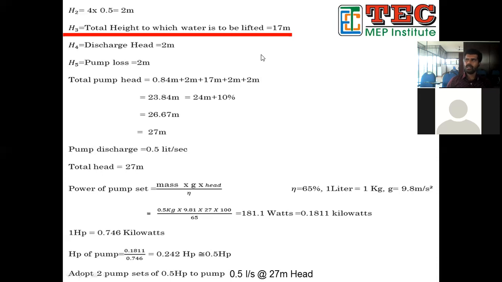Okay, so maybe in the market we will be having 0.5 only. So you have to go for 0.5 HP. So the value that you got is 0.25 HP. Someone like 0.42 or something like that, right? Or 0.25 also correct. So approximately you can take 0.5 HP. Okay? You can take 0.5 HP.